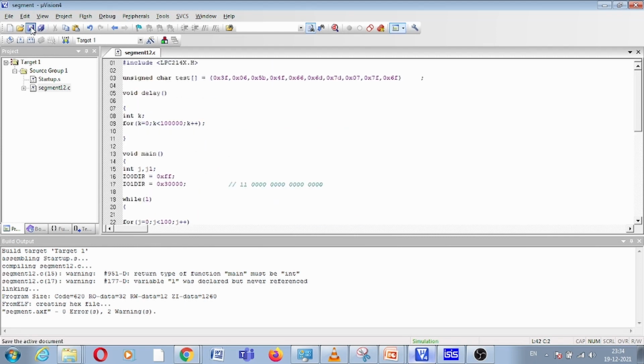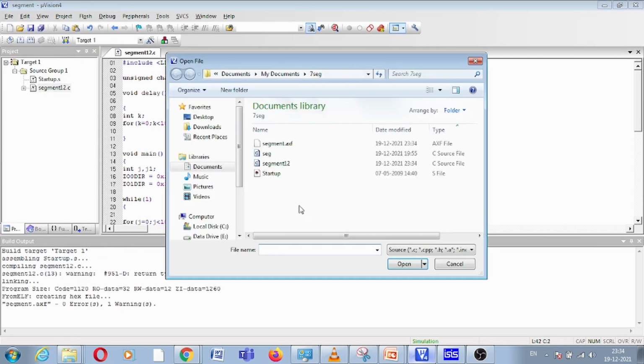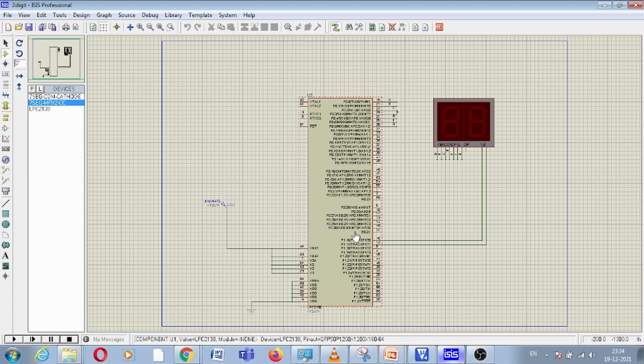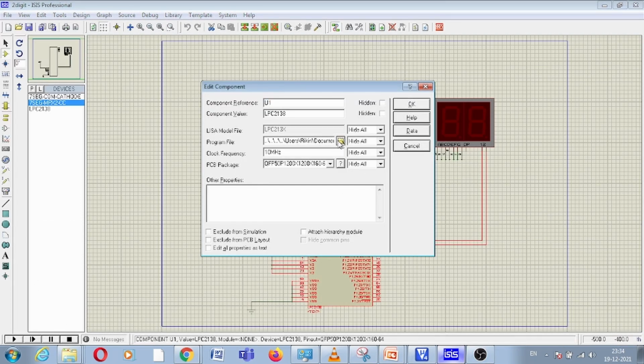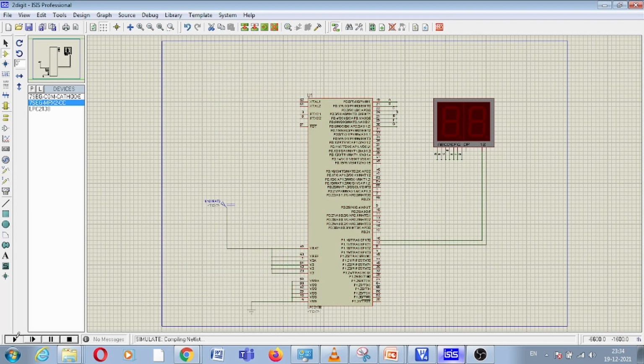So now let me run it first of all and check whether things are working perfectly, and if required then we will modify our code. So this is our file, let us run it. So here you can see something is happening, right? So we have to play with the delay basically.